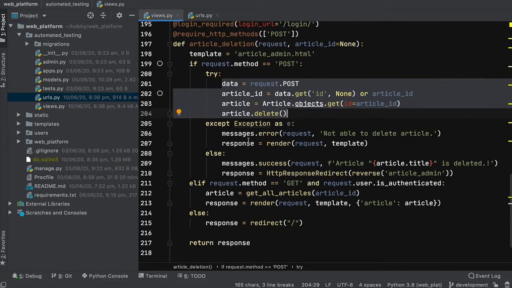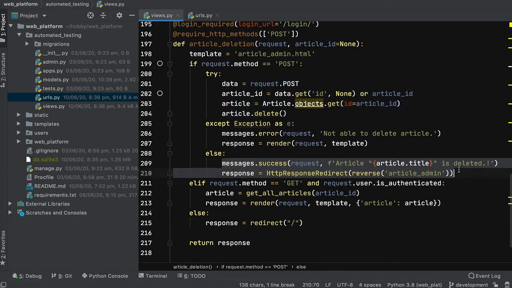Once it is deleted, it will post a response saying that the article has been deleted, and then it will redirect to the article admin, the front page which has the list of all articles, which we will take a look at.